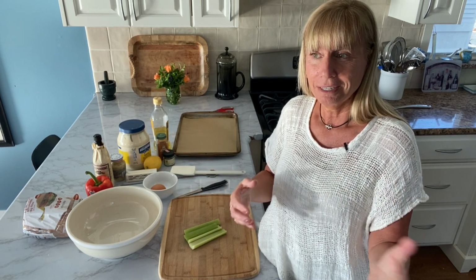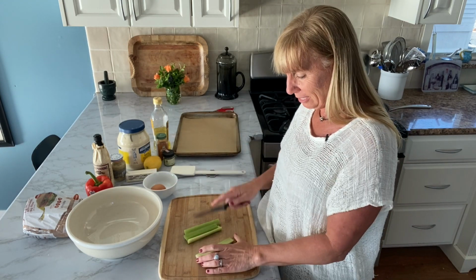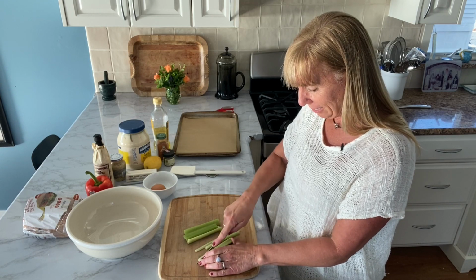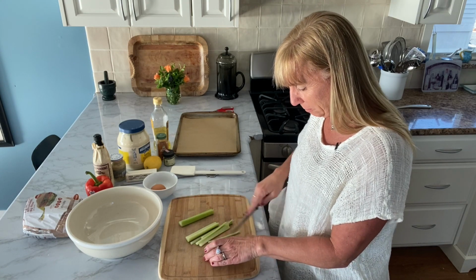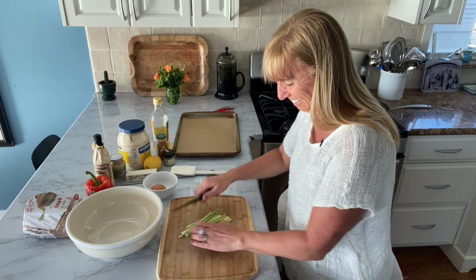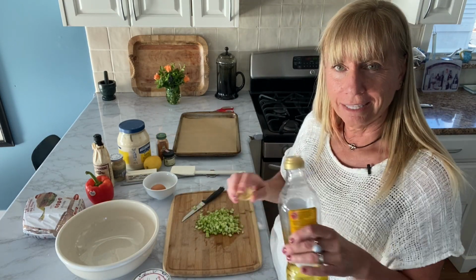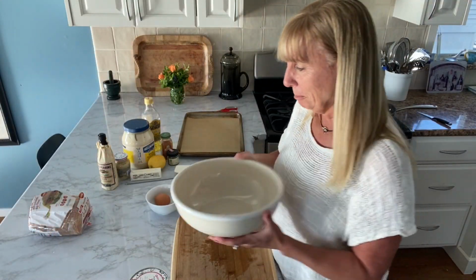has come together through a culmination of recipes I've tried over the years. So here is how I start. I slice up some celery and prepare that so that it can be sauteing for a minute while we get everything else ready. I'm jumping right in today. Okay, once the celery is chopped, I'm going to add a little olive oil to the pan and get that sauteing for a moment. In the meantime, we're going to prepare in our bowl